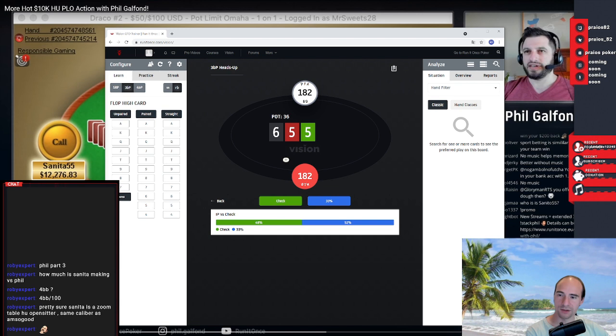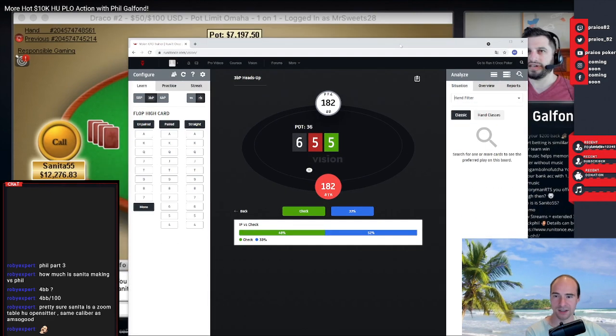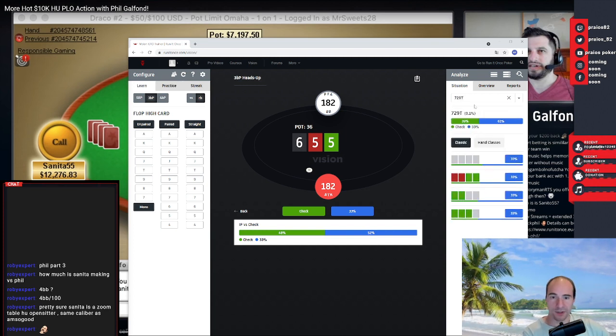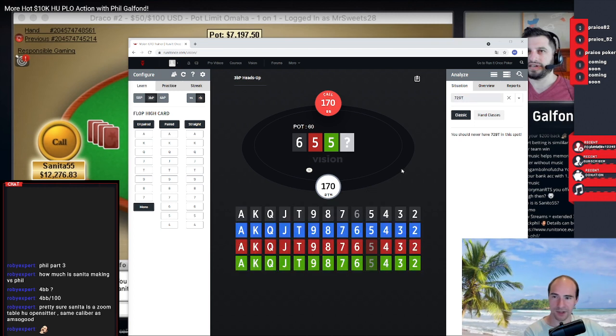And yeah, Phil should bet about half a pot. Let's see if he should bet 7 deuce 9 10. I think yes. And the answer is with two backdoors, he should bet mainly. And that's what he did. He also chose the correct sizing. After getting called, he gets